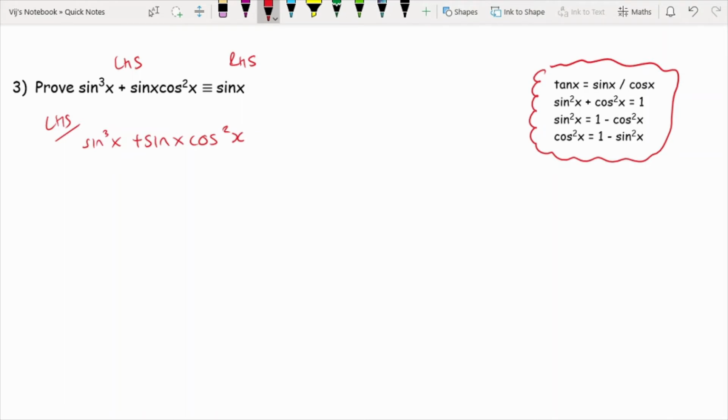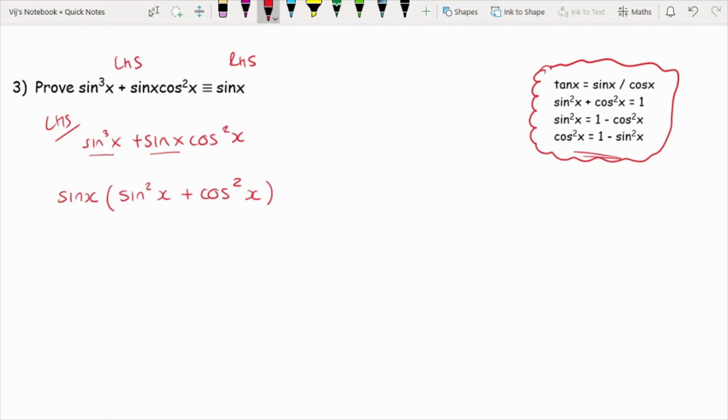And I'm thinking, right, okay, well, what can I do with this? So then I notice that I've got a cubed x, which again is not really seen in any of my identities in the red bubble. But one thing I do notice is that I've got two terms in this expression and both of them have got a sin x. So if I factorize this with regards to sin x, I get sin squared x